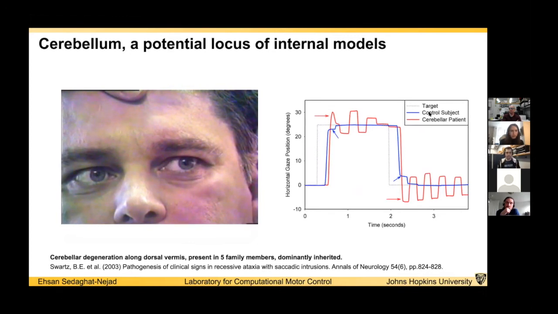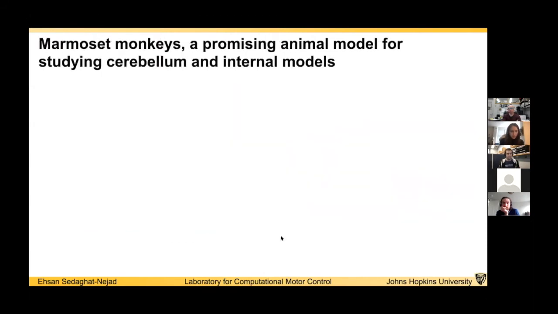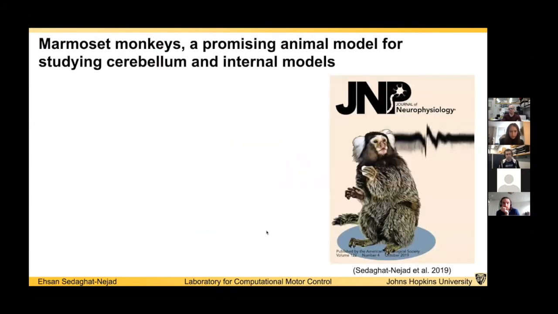But a healthy control subject will make a saccade a little bit short, what we call a hypometric saccade, and then correct it again, a short one, and then correct it. Okay, so this is what will happen if the neural substrate that encodes these internal models is damaged. Okay. So what we did in our lab is that in 2018, I started working with marmoset monkeys and